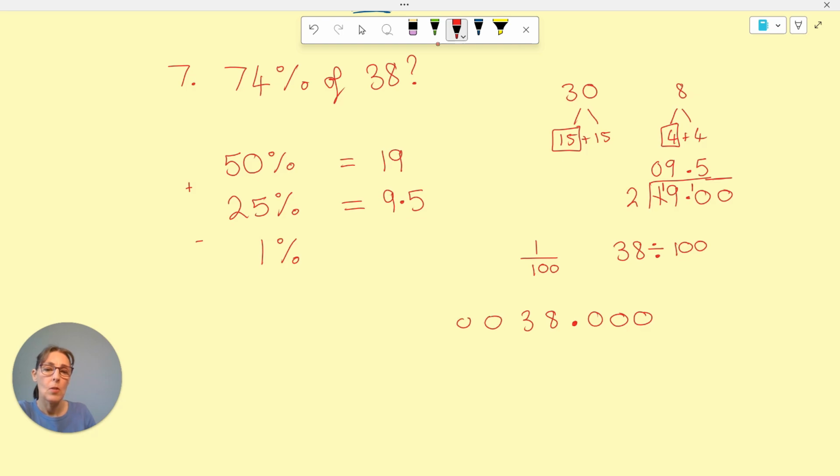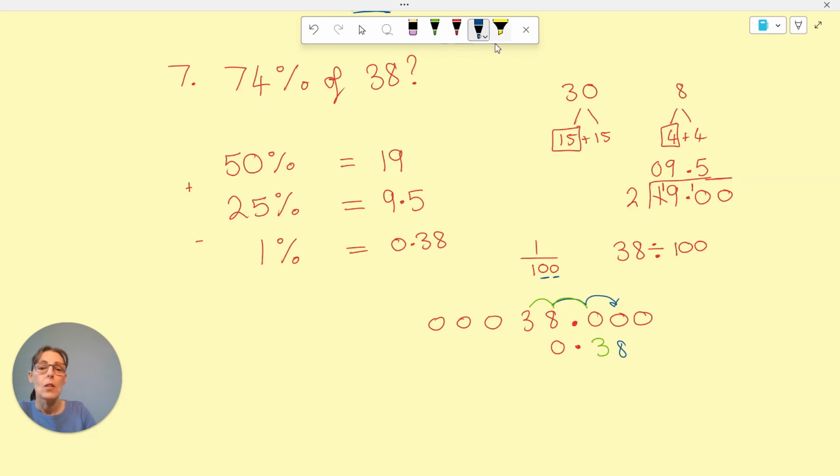And then we've got these zeros either side. And then I've got to divide it by 100, which is 2 lots of 10. So the 8 goes to there. And then change the colour. And then the 3 goes here. And I fill everything in. So 1% is